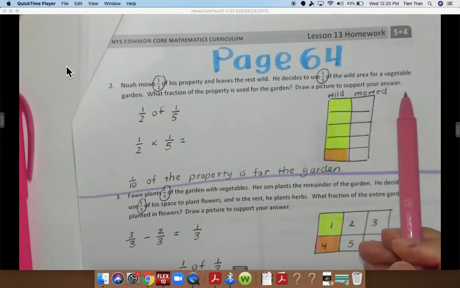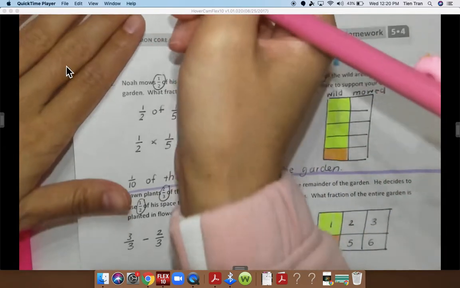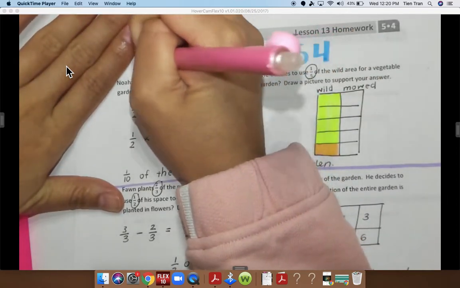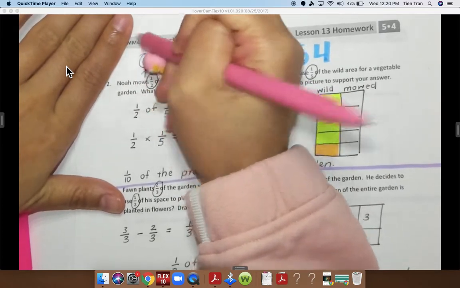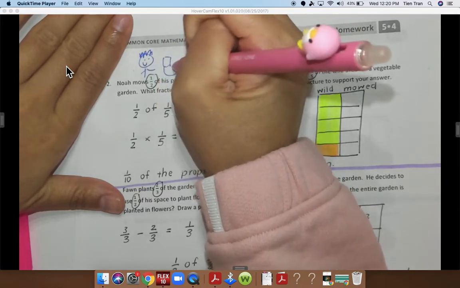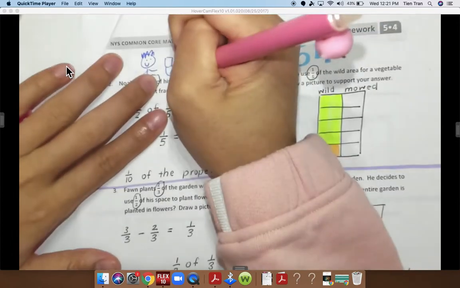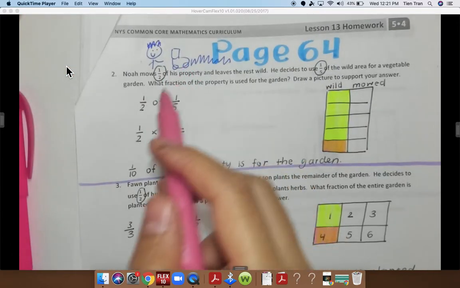Draw a picture to support your answer. So I'm picturing a person named Noah, who's a guy, and he is mowing the lawn. You might see sometimes people go around and they mow the lawn to keep it nice and clean and neat for the neighborhood. So it looks like he's mowing grass probably, right? Not very good at drawing pictures. That's my lawn, my